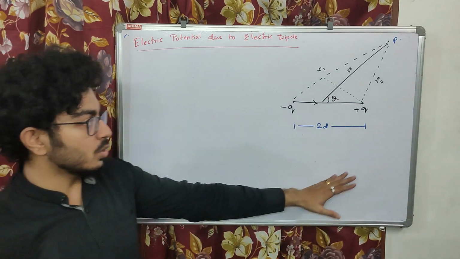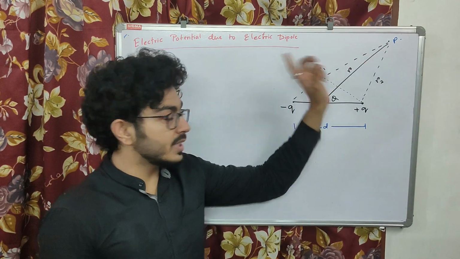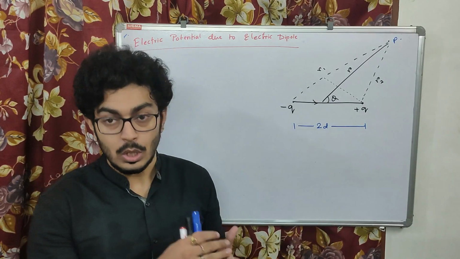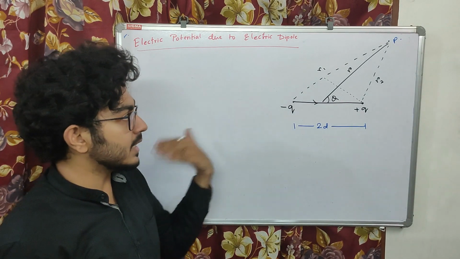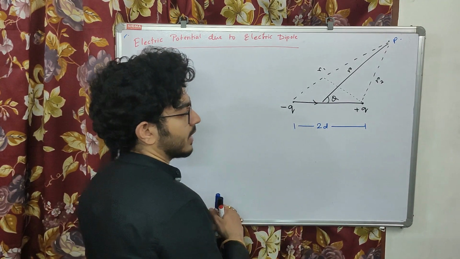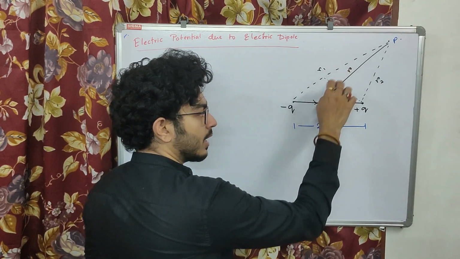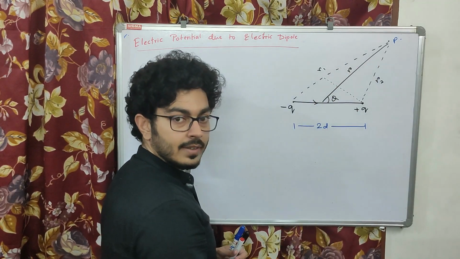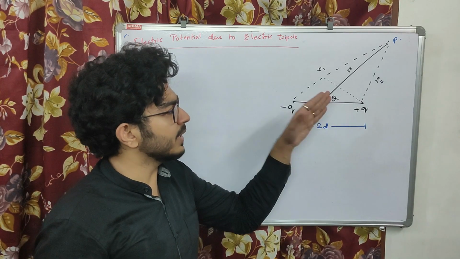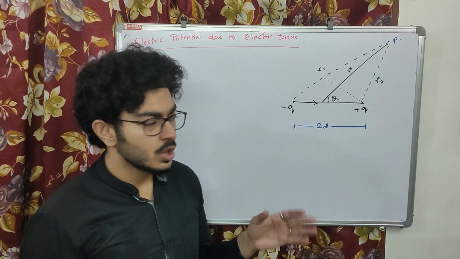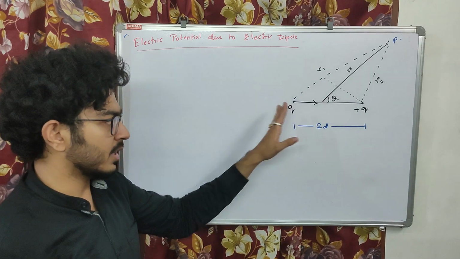And we are going to find out what will be the electric potential due to this dipole at point P, which is at r distance away from the electric dipole. To understand this r distance, we have taken the distance from the midpoint of the dipole. Why? Because it is a short dipole, this midpoint is the best fit, so that we can say this point P is r distance away from the dipole.